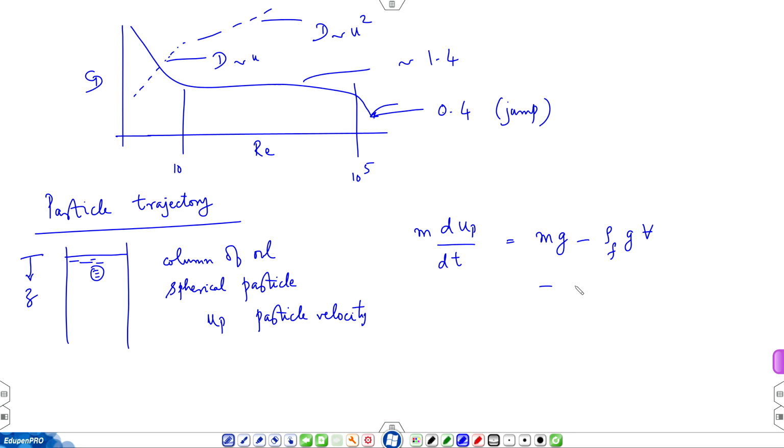There is a drag acting on the particle given by the drag coefficient C d, which is a function of R e times half rho u square, which is u p square, times A p, with an initial condition